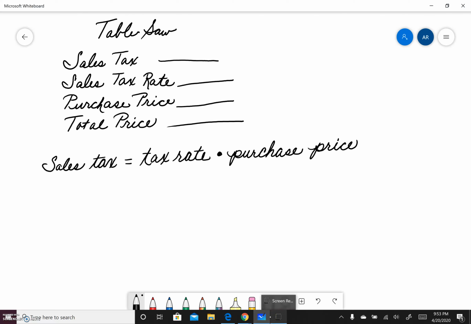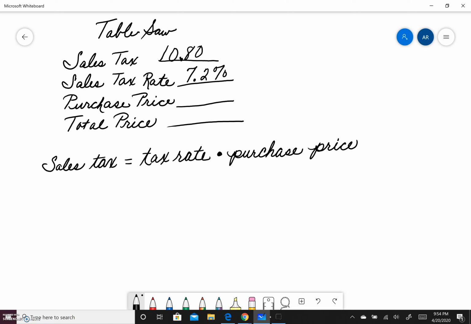So if we have a table saw, I'm going to look to see what information they're providing me. So I could see that they gave me a sales tax. So I'm going to write that in, $10.80. Now the sales tax rate, they gave me that also, which is 7.2%. Now I don't have